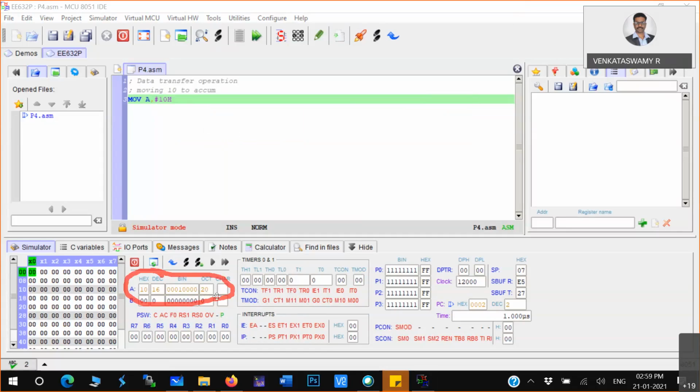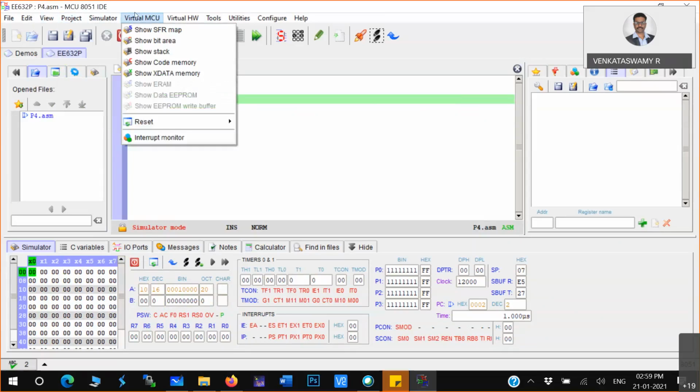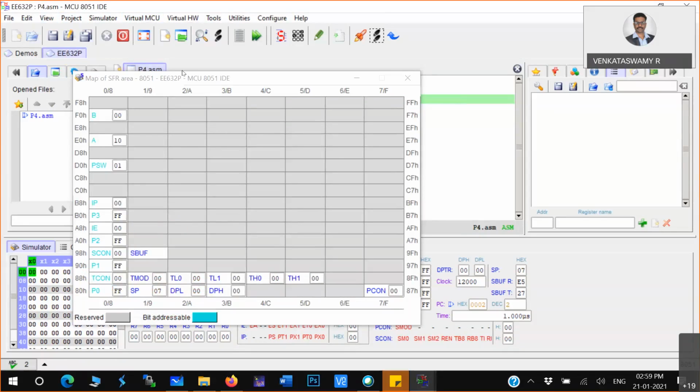In the octal system, some other things are there. Now you have to think always in hexadecimal, in microcontroller and microprocessor. Now 10 is basically hexadecimal. So 10 came to the accumulator. Hope you understood this particular part. Any questions on this?